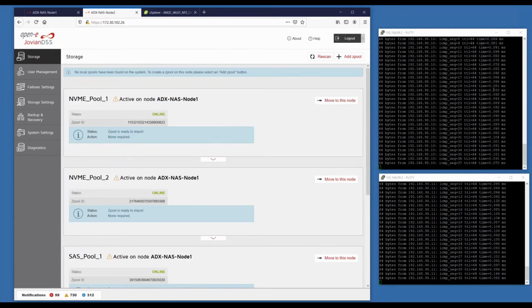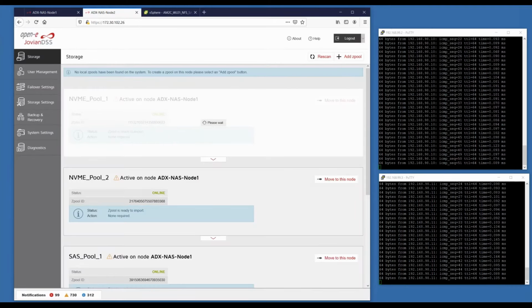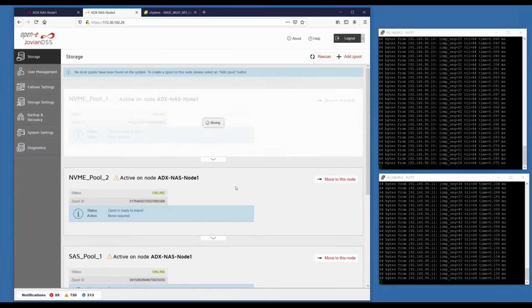So take note in the latency times. We're in the sub, 100th of a millisecond. So take note of the time as I do the failover. Still talking.